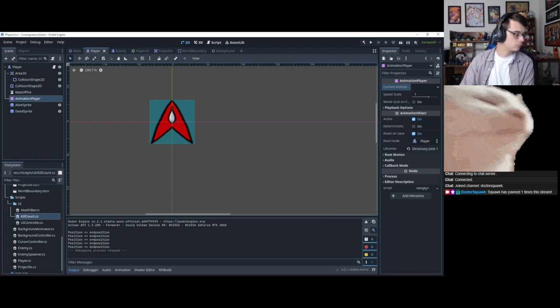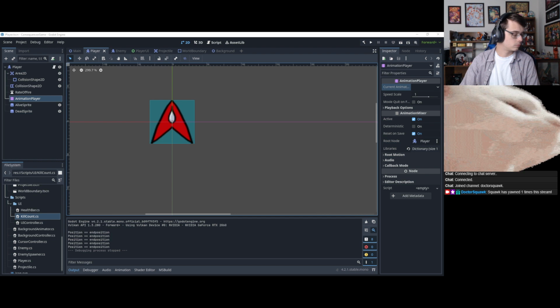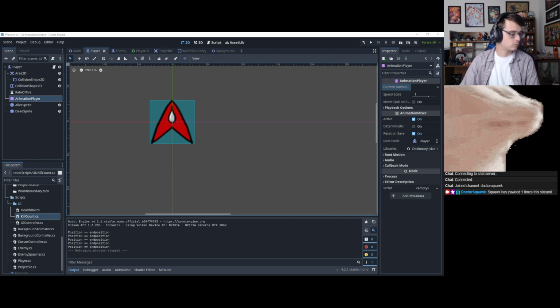So I understand why to some extent, but it was confusing. I didn't know why I couldn't just say, hey, I want to set the anchors when I had the panel container under a control node.